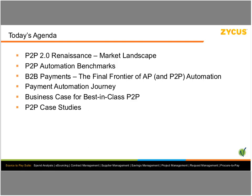So let's take a look at what are the market dynamics, what's going on, what's driving this renewed interest in Procure-to-Pay. And then let's take a look at some of the key P2P automation benchmarks, which I think are really helpful for anyone considering embarking on this journey, or maybe part of the way through that journey, to keep tabs on or assess where you are relative to the market overall, and therefore what the opportunity may be when you see some gaps in performance around some of these key P2P